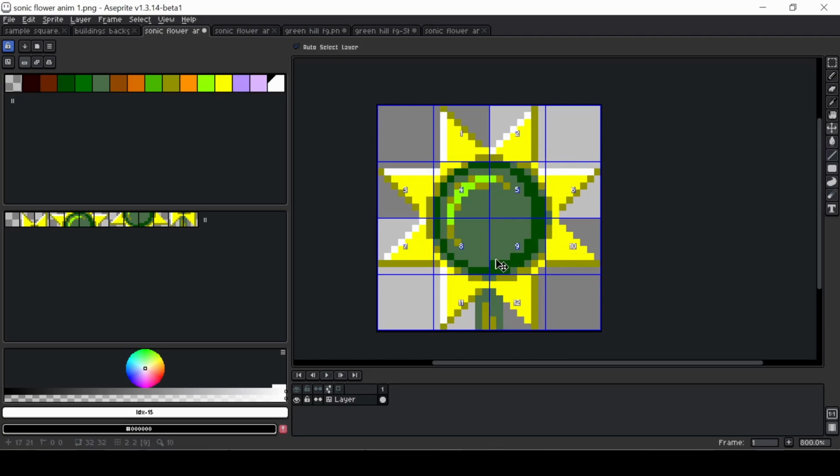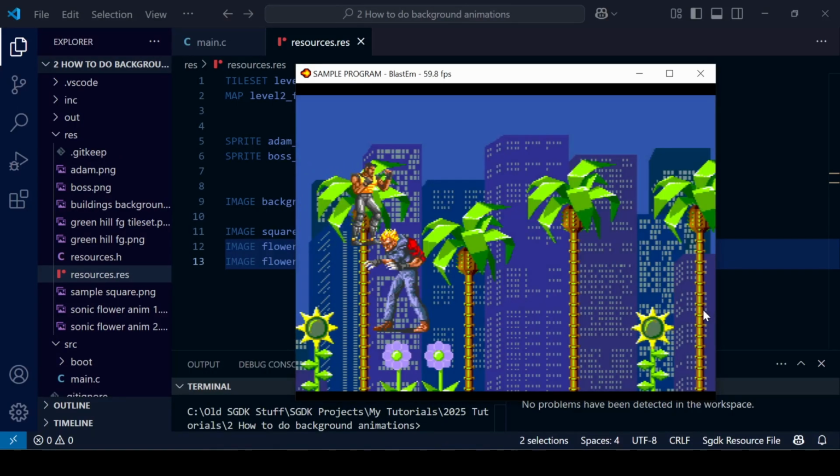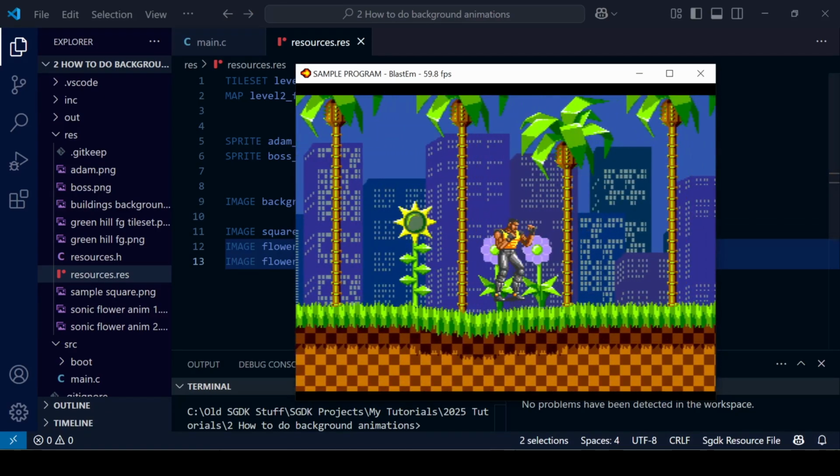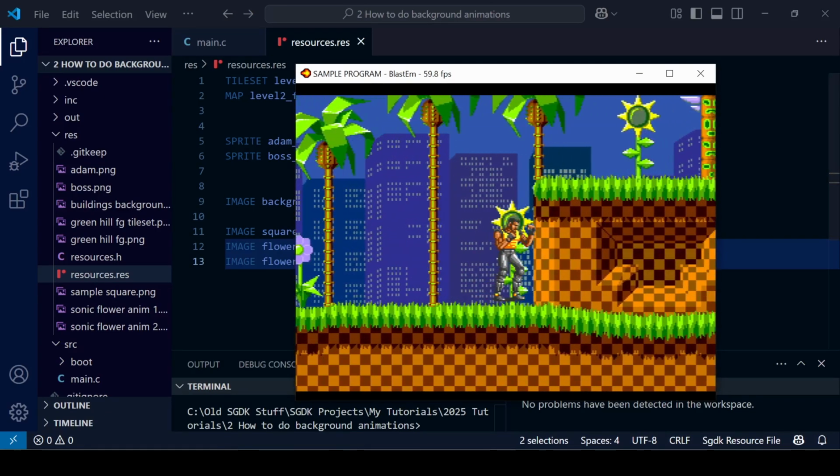When we then go to load that tile information into our function, which changes the VRAM, it means the tiles are going to be out of order and there's not going to be enough of them, so it's going to appear very glitchy. So what we need to do is, when doing this kind of tile animation, we need to select none so that there's no compression, so that the SGDK will load every single tile into VRAM